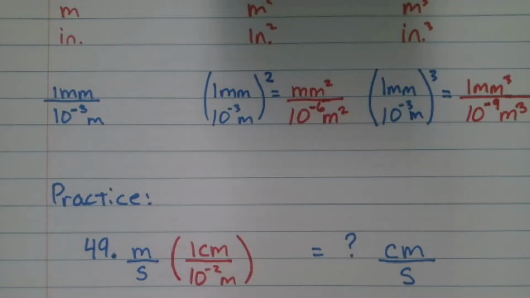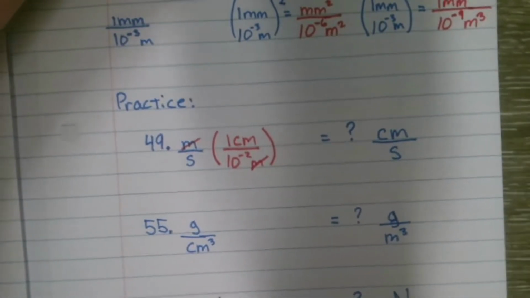And can we cancel our units? Yep. Meters over meters. The only thing left over is centimeters and seconds. So this is a piece of cake because there's no exponent. But in the next example,